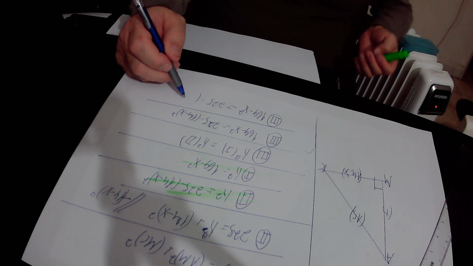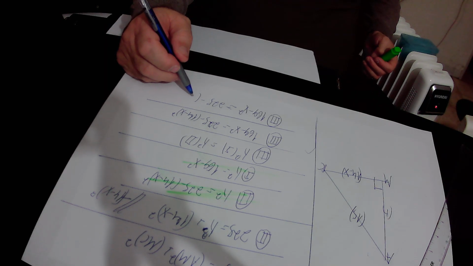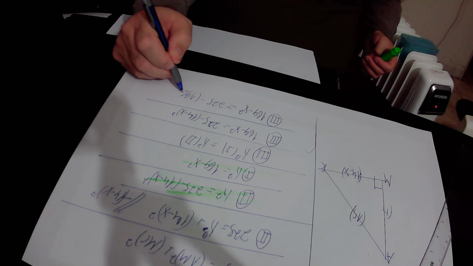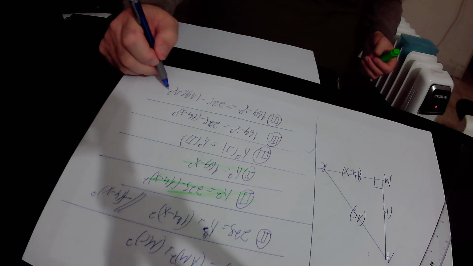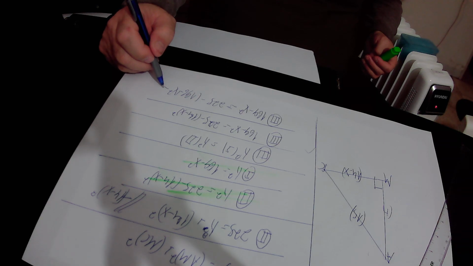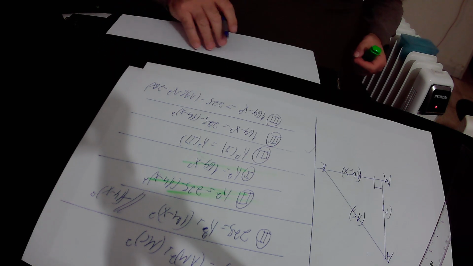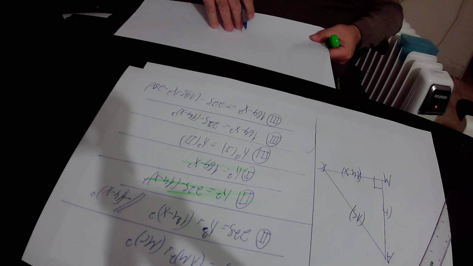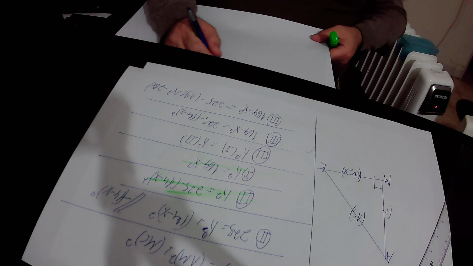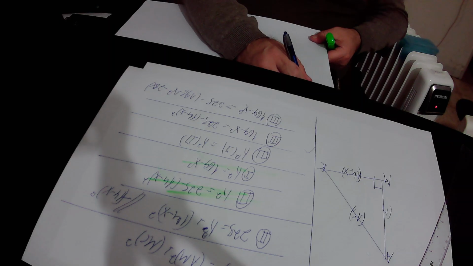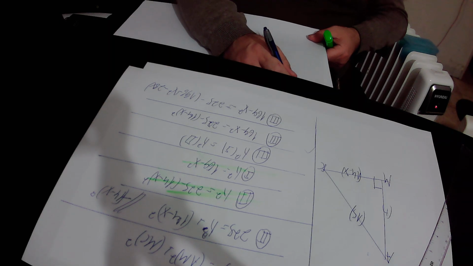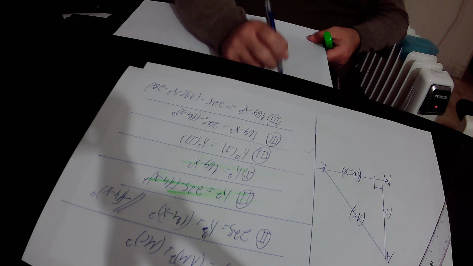minus (14 minus X) squared, which equals 14 squared, that is 196, plus X squared, minus 2 times 14x, that is actually minus 28x. Okay, so we found out that according to equation number 3, 169 minus X squared equals